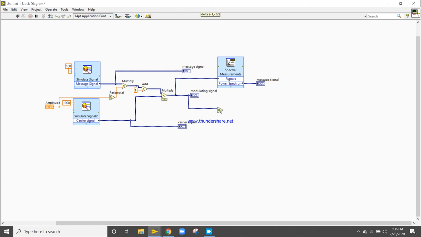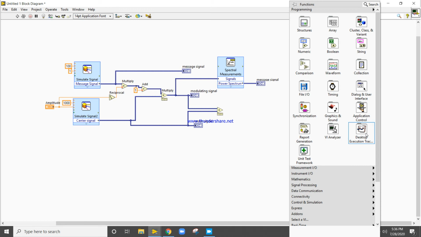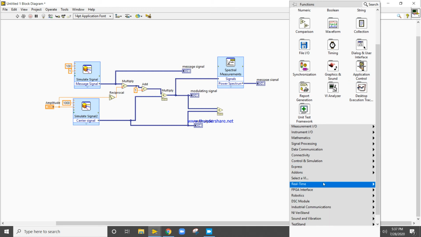Let's try to multiply the modulating signal and the carrier signal. Now after that we will use one filter.